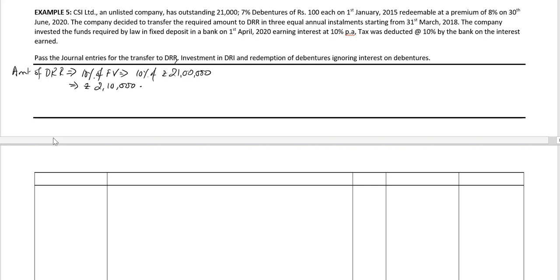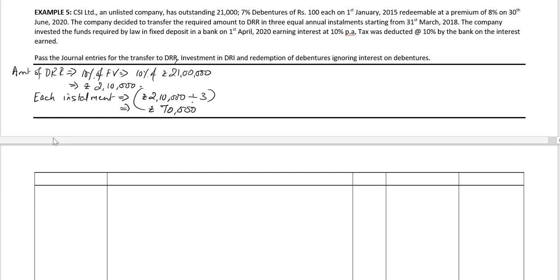Now this is going to be made in 3 installments. So each installment is equal to rupees 2 lakh 10,000 divided by 3, which comes up to rupees